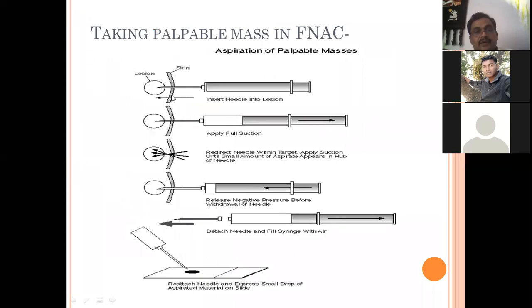What do you have to do here? First of all, fix the lesion by your hand. You palpate the lesion and fix it using your fingers. Sometimes it is guided also. FNAC can be guided with the help of radiology, for example X-ray or ultrasound. If it is very palpable, you can guide it by palpating it and fixing it with your fingers over the lesion from where you are going to collect the cells. So once you have fixed the lesion,